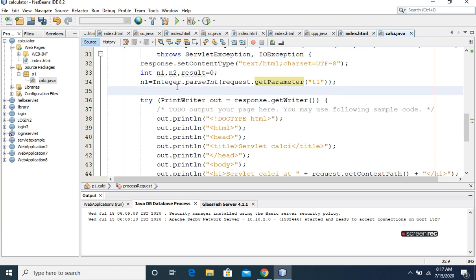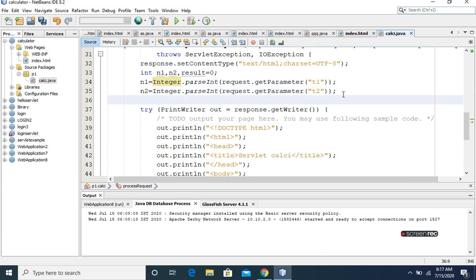Once the parameter n1 is read, now we will read the second number, that is n2. Same we will copy here. Now we have to read the second parameter, that is the text field t2.